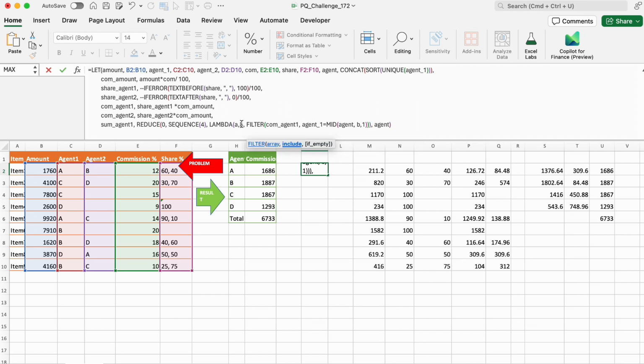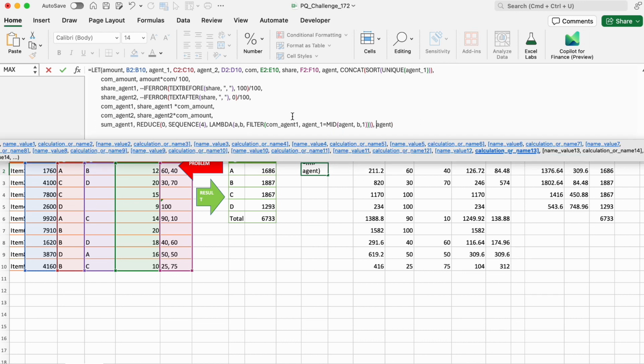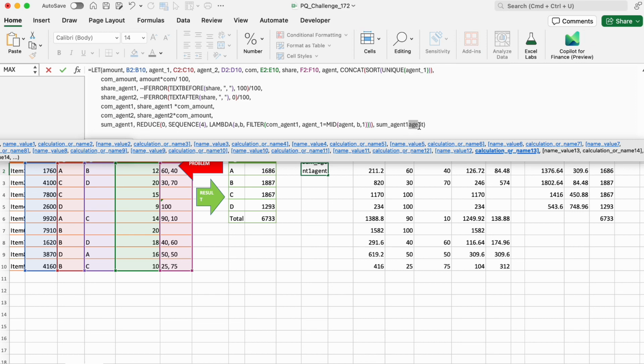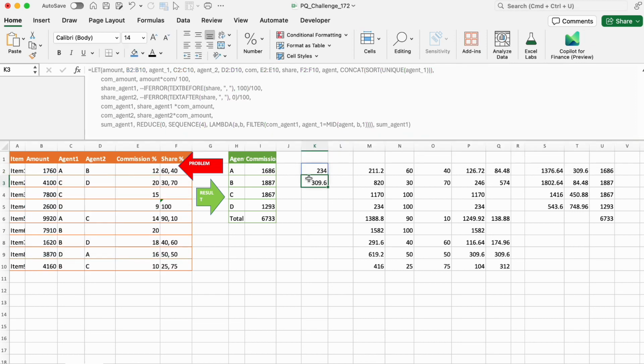So let me close my filter function. So I think I'm good. So let me call out some agent 1. Let's see what it will give us. So when we filter by the first character, what reduce does for us is, when you filter by the first one, it will give you the first value. When you filter by the second one, it will give you the second value. So when you filter by the last value, which is D, you will see for D now, if we go